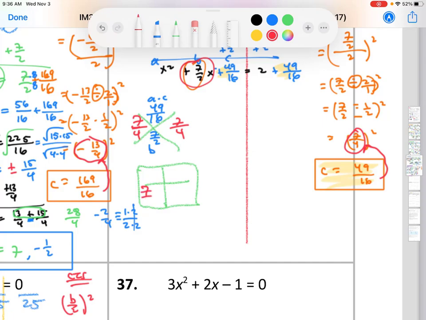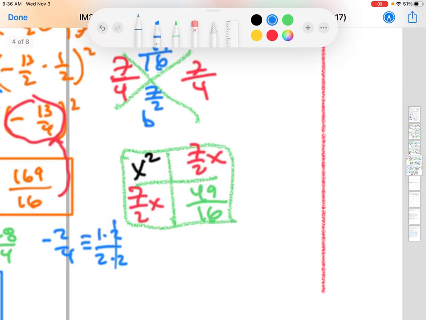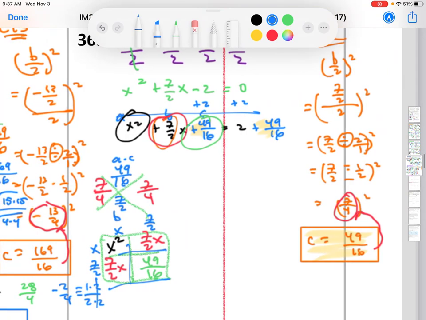So it's 7/2 x, x squared, and 49 over 16. So you get x plus 7 halves, x plus 7 halves. So we get x plus 7 halves squared equals,